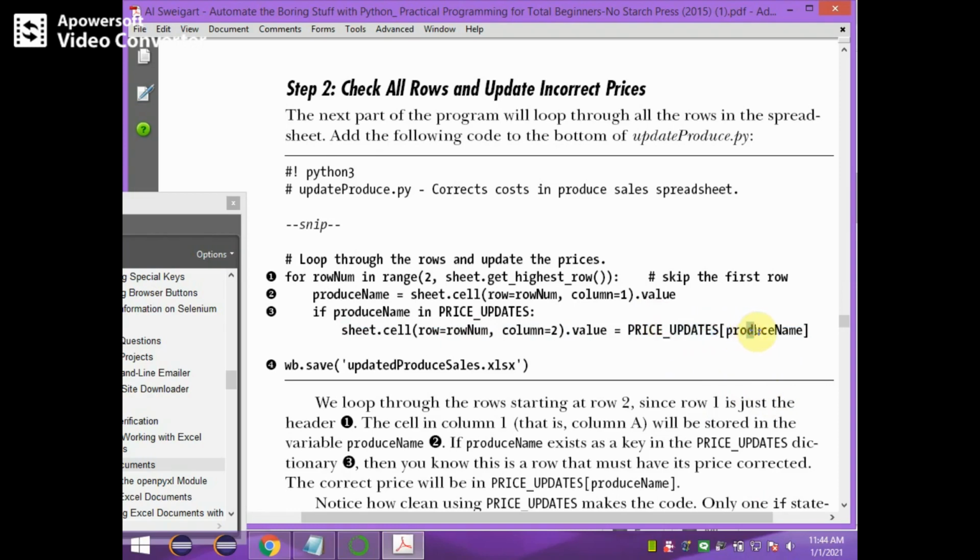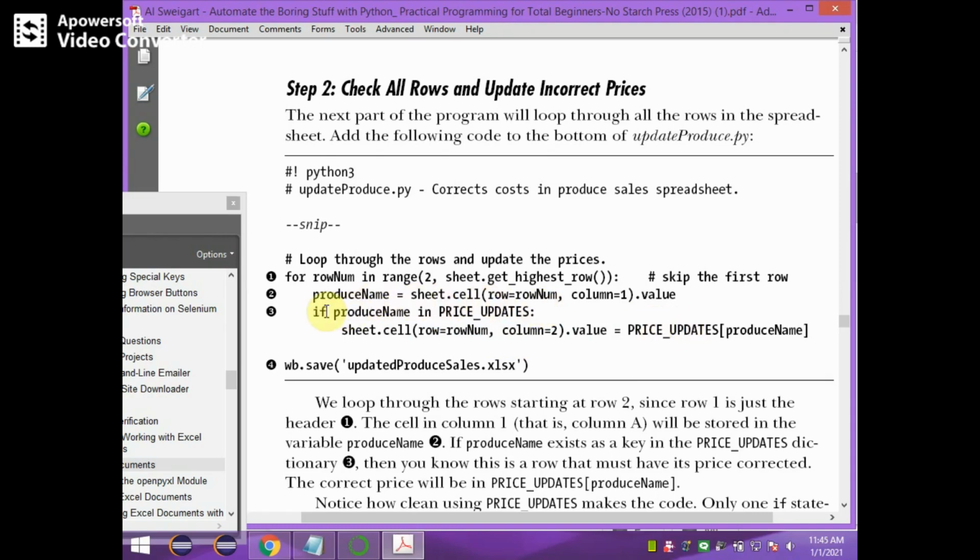The price will be updated to the particular cell, that is second row, column 2 value. The price value is in column B and row number 2. B2.value changes to the particular price given in the dictionary.